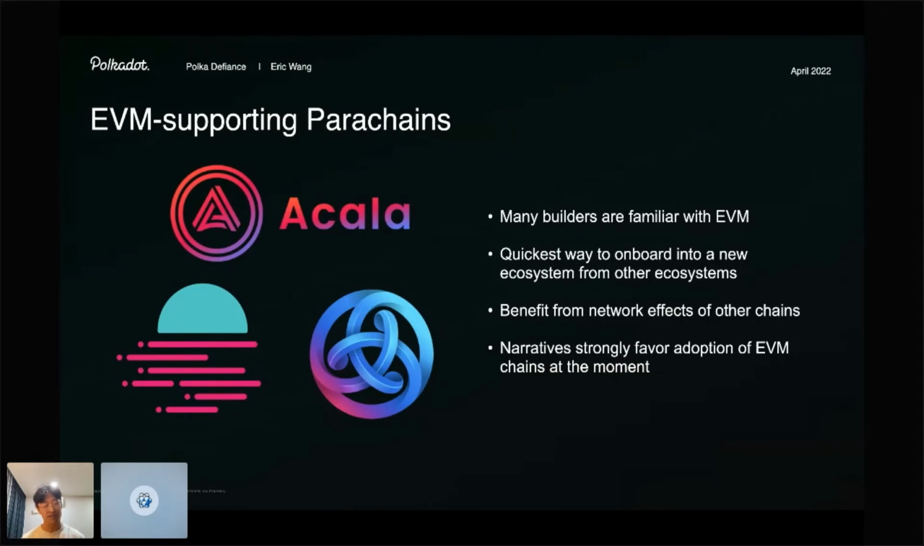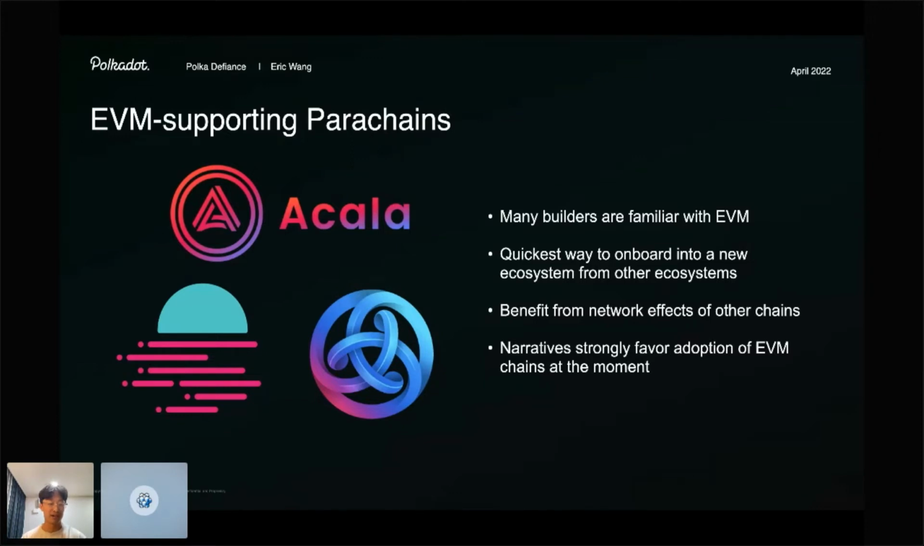So what we see right now is that EVM supporting parachains have probably gotten the greatest level of adoption and hype in the ecosystem of all types of parachains. And I think there's a few reasons for that. So one is in terms of level of deployment, these parachains support external applications. So I think they can grow relatively large in terms of the things that are built on top